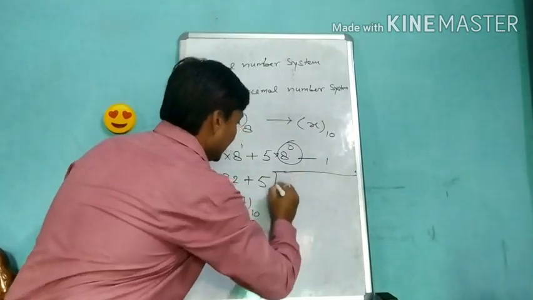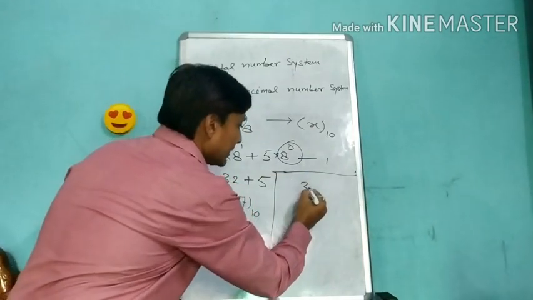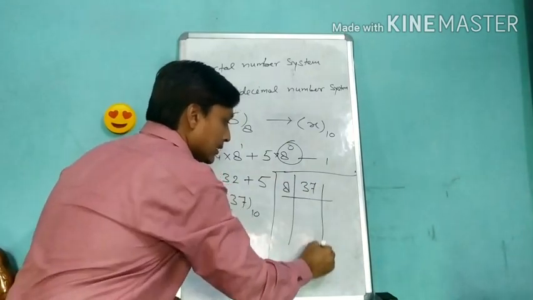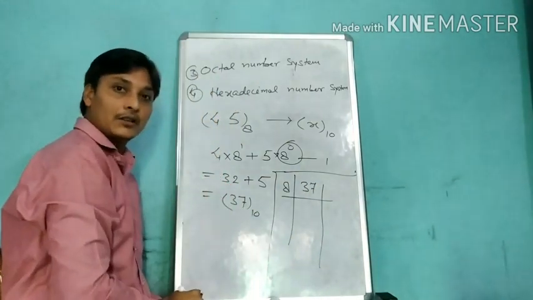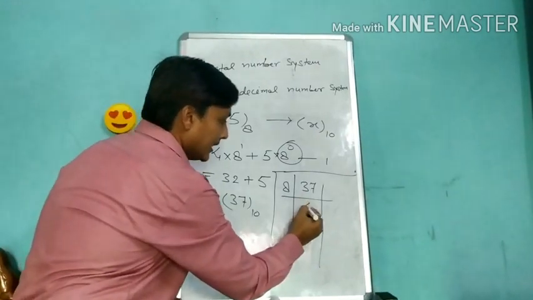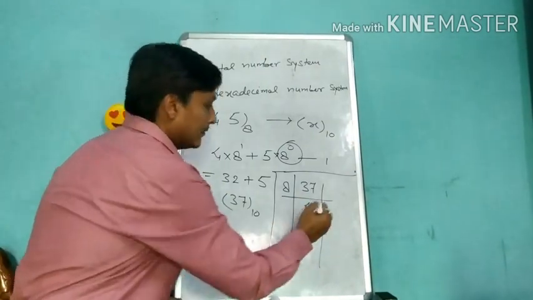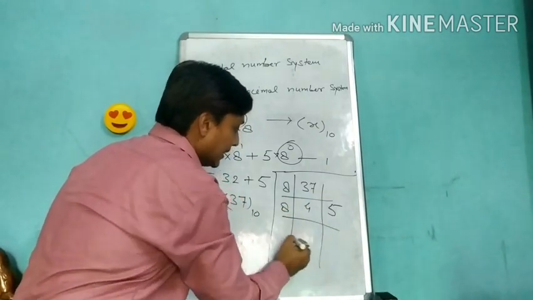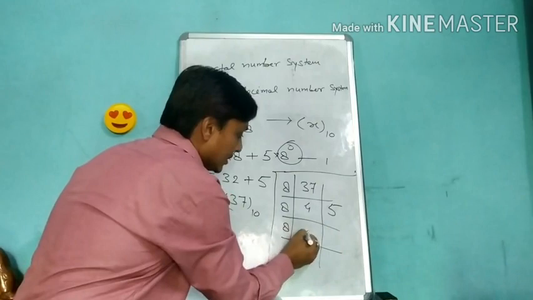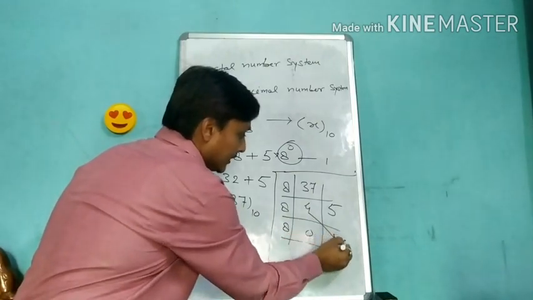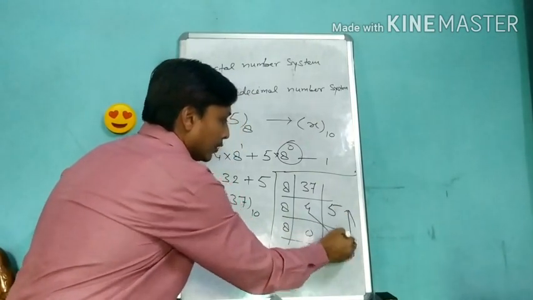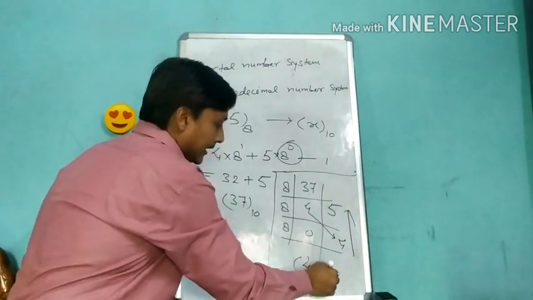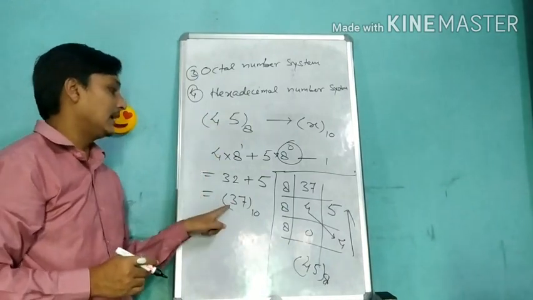How will you convert it back? Divide this number by 8 and store the remainder. So 8 times 4 is 32. Fine. We will have remainder 5 and place 4 as it is over here. So you will have to place the remainder 5 and place 4 over here. This one. So 4 and 5. See, both are equivalent. This one, and I have converted this.